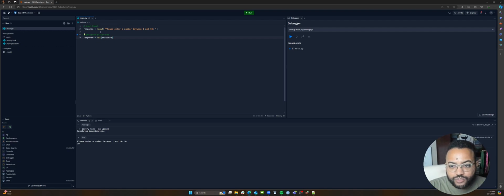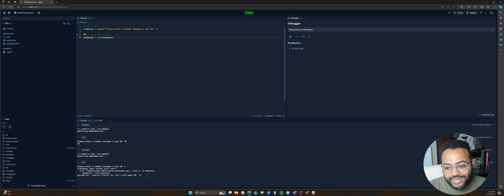Well, when I convert this to an integer, let's find out what happens. If I tried to convert the letter A to an integer, what happens? Hey, you're not allowed to do that. Look at that nasty error there. Invalid literal for int with base 10. Imagine if you sent that to the end user. Imagine if they got that error. It would probably be in all red too. They would be very nonplussed by that, and they would not want to use your program again because that error